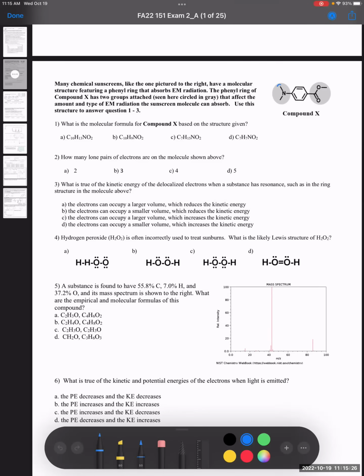The ends and bends are carbon atoms. We have 1, 2, 3, 4, 5, 6, 7, 8, 9, 10 carbon atoms. Therefore, options C and D are out. And then hydrogens are the only difference between options A and B. If we count the hydrogens now, we have 1, 2, 3, 4, 5, 6, 7, 8, 9, 10, 11, 12,